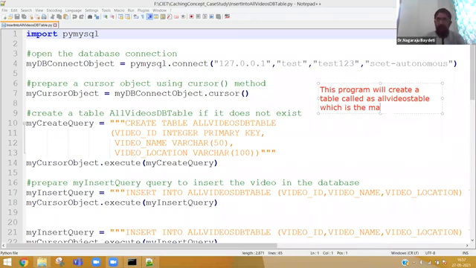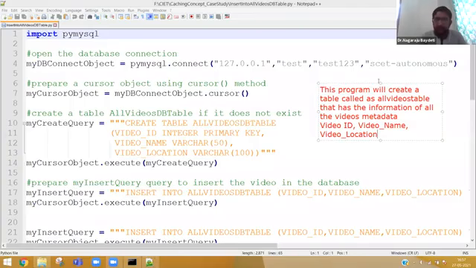You can simply say that it has the information of all the videos' metadata, for example, video ID, video name. You cannot store a video in a database table. Video location. This is the program.